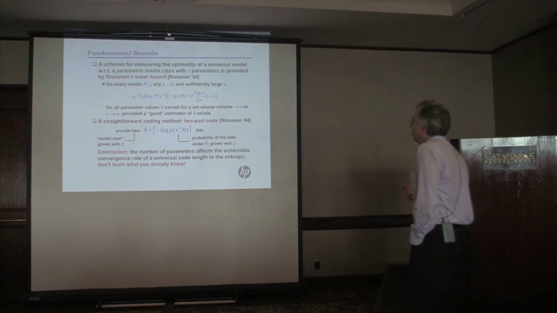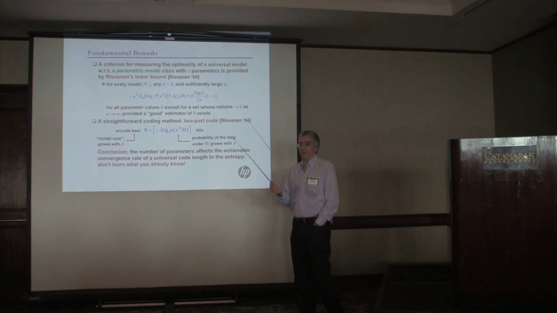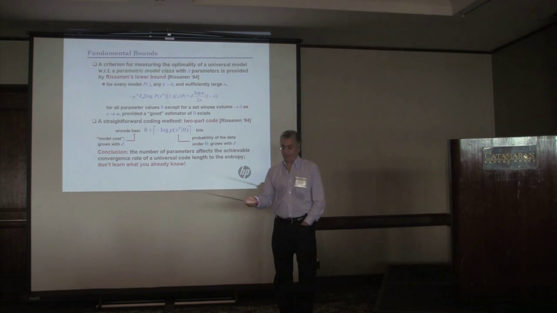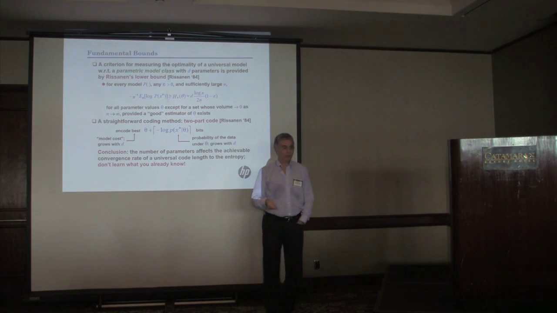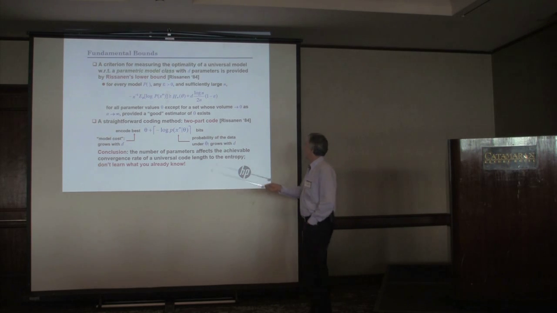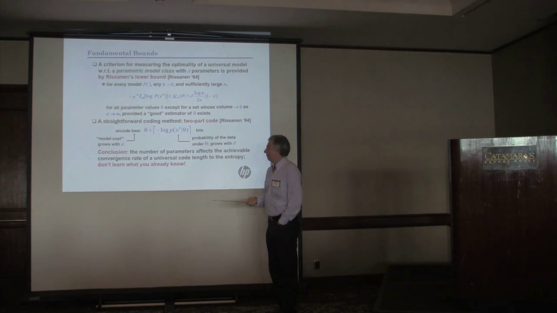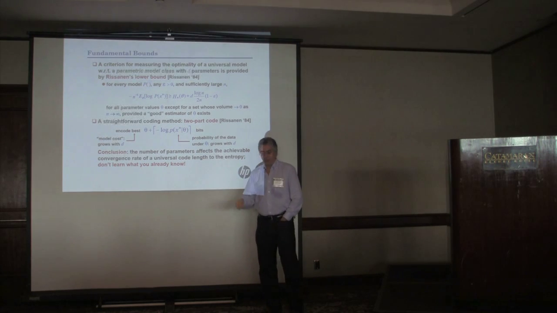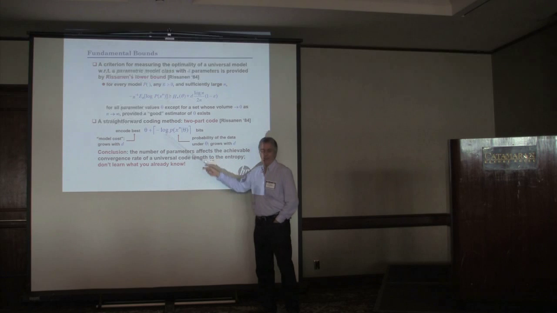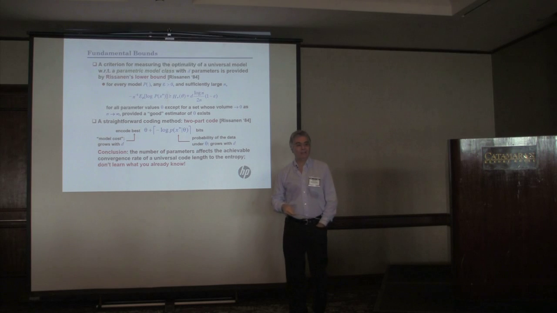And there is an intuitive way of looking at it, which is the first method of universal data compression you could think of: to check all your parameters, and then encode what is the best parameter for your specific data sequence, and then encode the data with respect to that parameter. The more parameters you have, this part increases, whereas your fit to the data is better, so this part decreases, and there is a trade-off. And what this bound is doing is quantifying this trade-off.